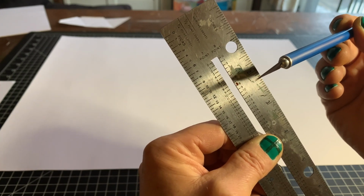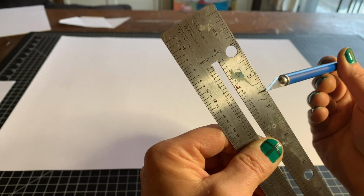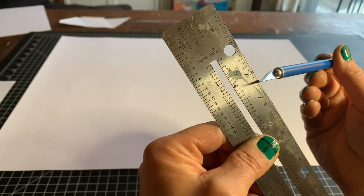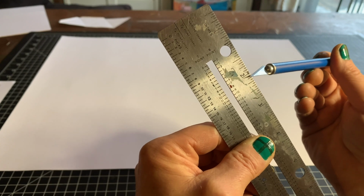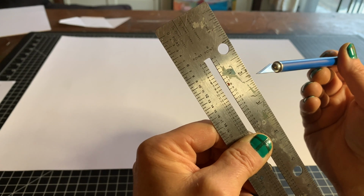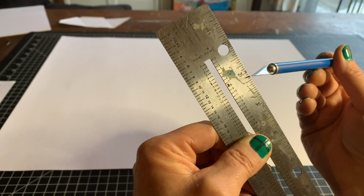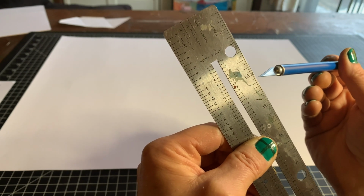Then you'll notice that there's some lines that are slightly shorter than those middle lines. So that's a 1/2 inch, right? Halfway between the 2 and 3, 1/2 inch. Now, halfway between that 1/2 inch mark and the 2 is 1/4 inch, right? And so that's a slightly shorter line. And then the next shorter line in between there, 1/4 is an 1/8, 1/8 is a 1/16, and then some